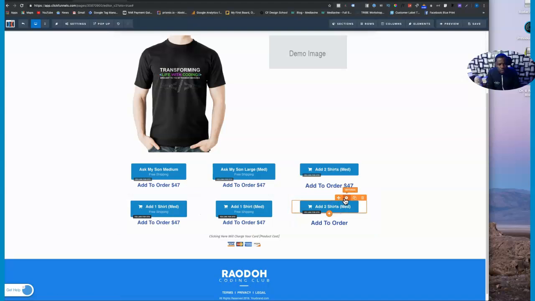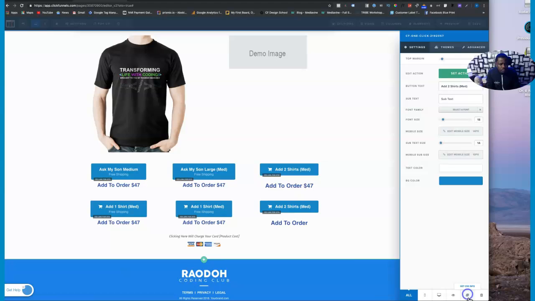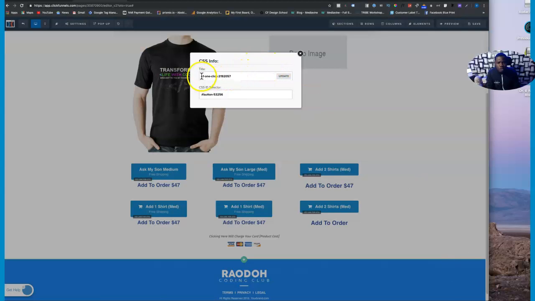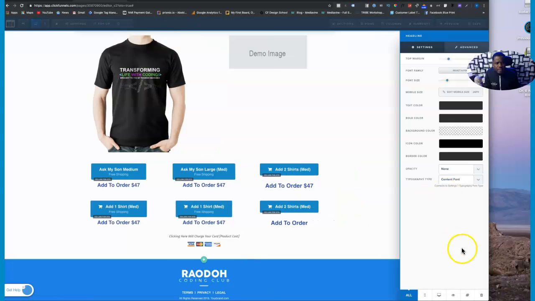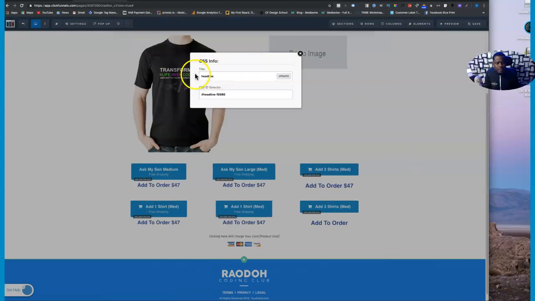Go to the get button on the button element, and of course get CSS info. See, I already have my CF. You have to literally type this in. This is showing up because I did it before now. So my CF-1-click, and all I need to do right now is just change my number. I'm going to put it right there, and again I'm going to copy that because in my own case I'm also using the text. So I will update that. Once I update it, I'm going to come over here and get CSS info. This right here, again, see